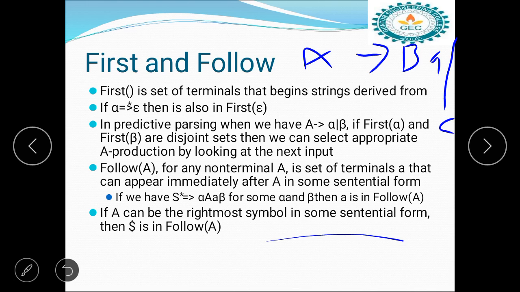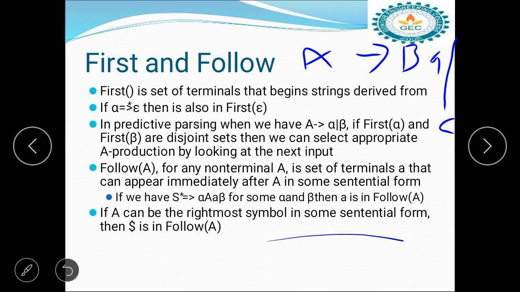So first of A: first identify the left hand starting symbol, that is A. So here we calculate the first of A. That production's right hand side has a terminal or non-terminal. Terminal means small letters, non-terminal means capital letters. If the right hand side has a small letter, that is the first of the left hand side variable.